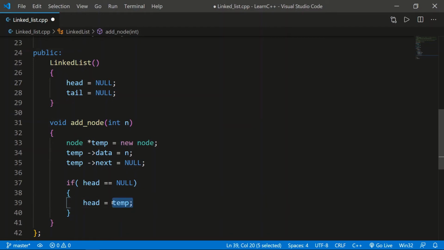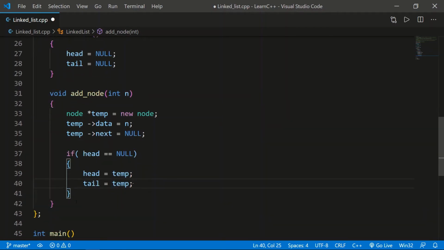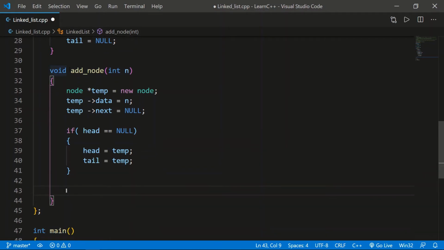This is a node and this is also a node. So this node will contain the temporary node, and the tail should also contain the same, because tail is also null for the first time. You can see whenever this constructor is called, head and tail both are null. So first of all, whenever this is null, we should add this node that we just created in the head and tail. And if it's already there, means for the second time we are adding, means we already added a node, then we can just write else.